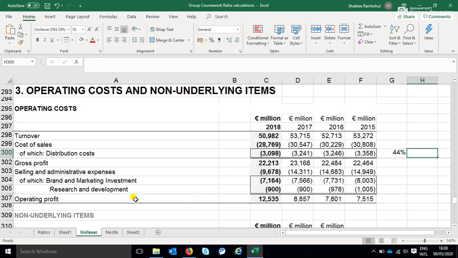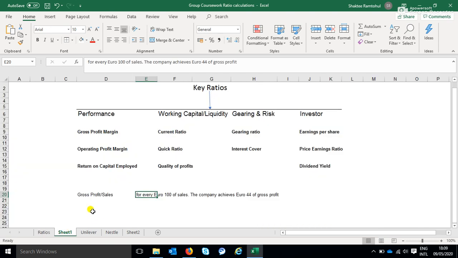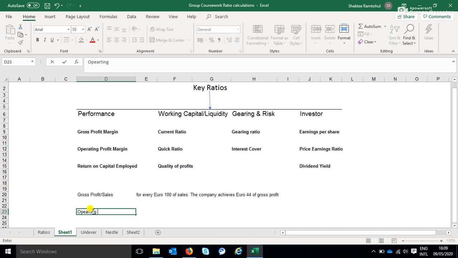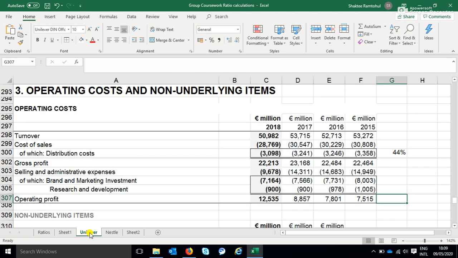The next ratio is operating profit margin. For operating profit margin, we take the operating profits and divide by the sales or turnover figure. Let's look at Unilever's accounts. We've got the operating profit figure, this one here, 12,535. And if we divide that by the sales figure, in terms of percentage,